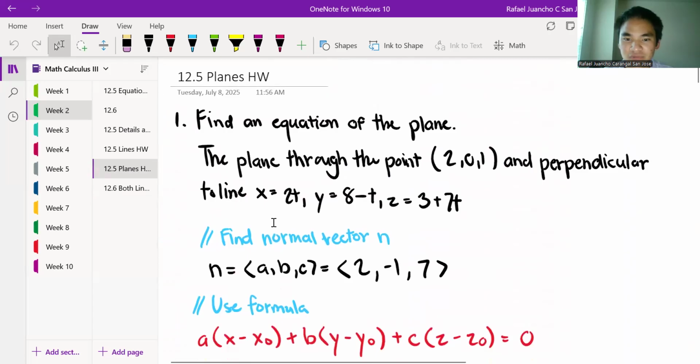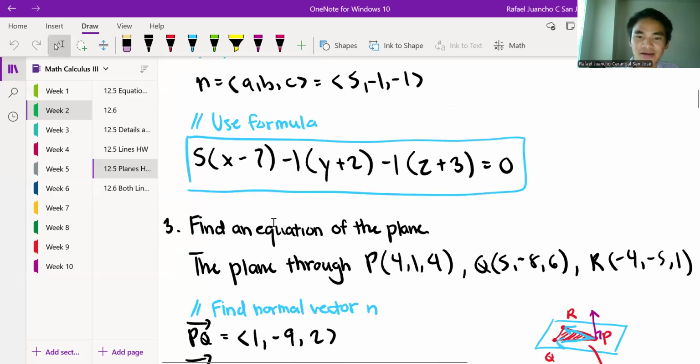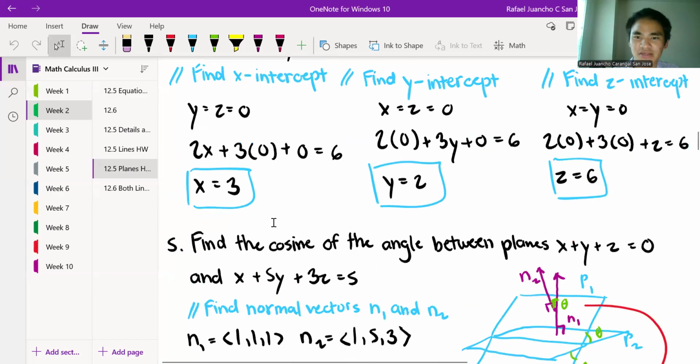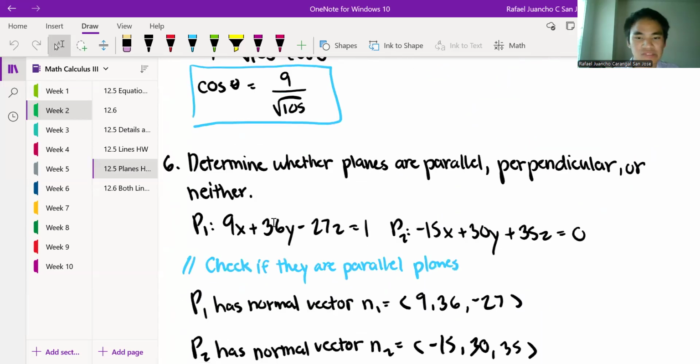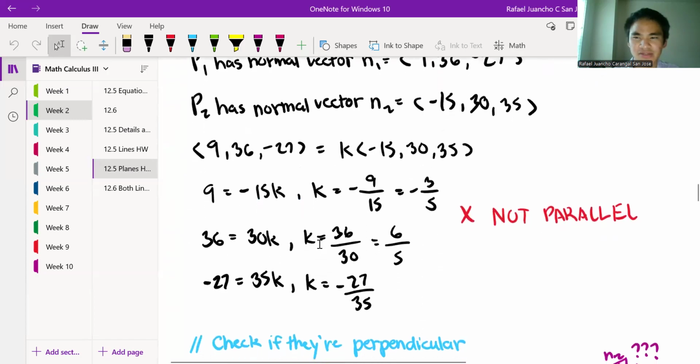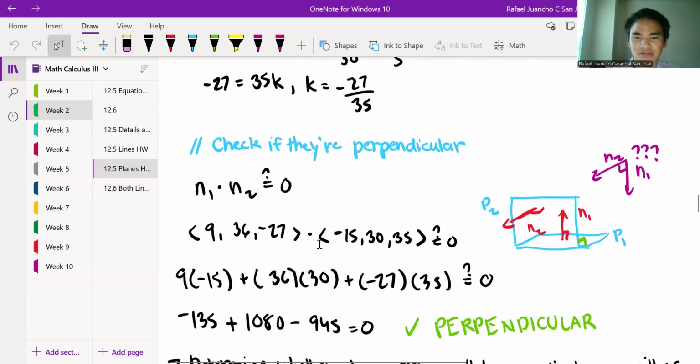No way, I didn't do anything like that. Okay. Equation of a plane passing through 3 points, cosine, determining whether they're parallel, perpendicular. If they're perpendicular,